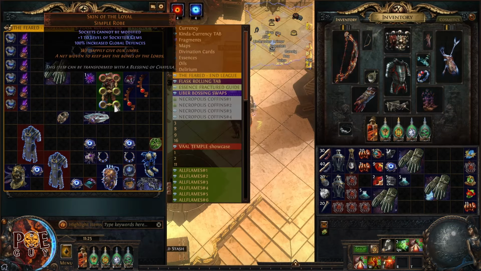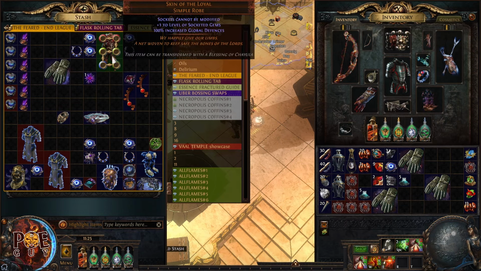You have here some socket colors that cannot be changed. Based on the color combination, these armors can be worth more than 100 divines, yeah. What you can do here, you can...